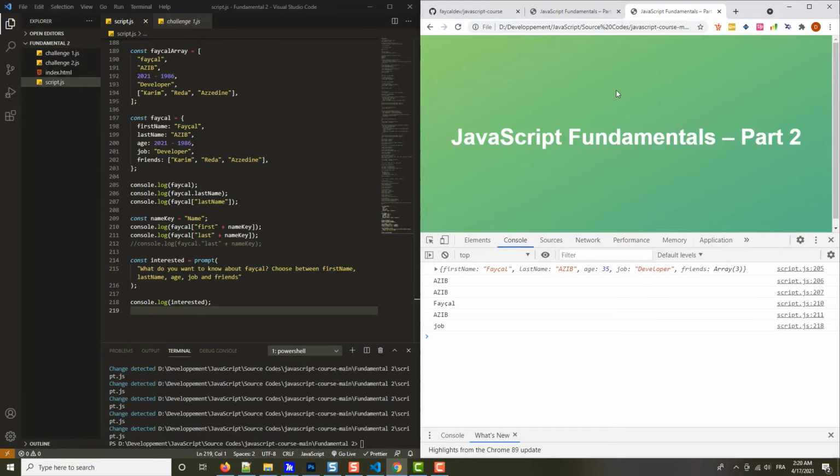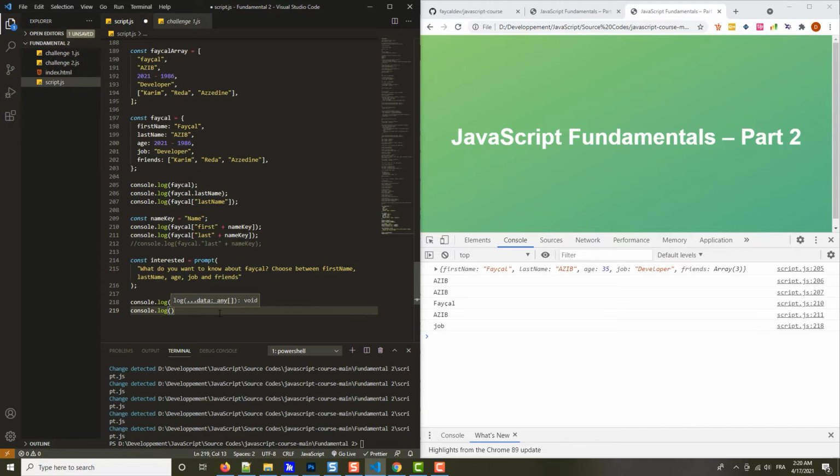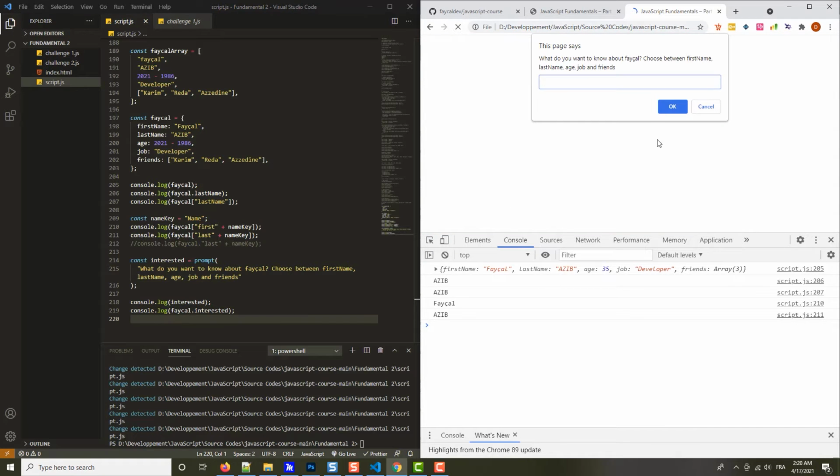And so what we want to do now is to basically display the job here in the console, because that's what the user chose. So how will we do that? Can we use the dot notation? So basically, can we do this? Console.log Faisal.interested. Can we do this? So if I reload, if I put job,